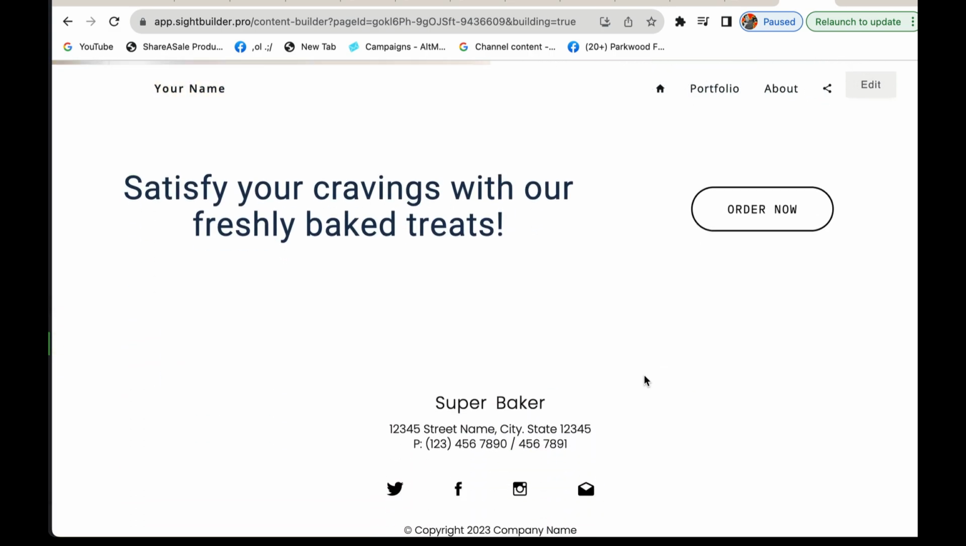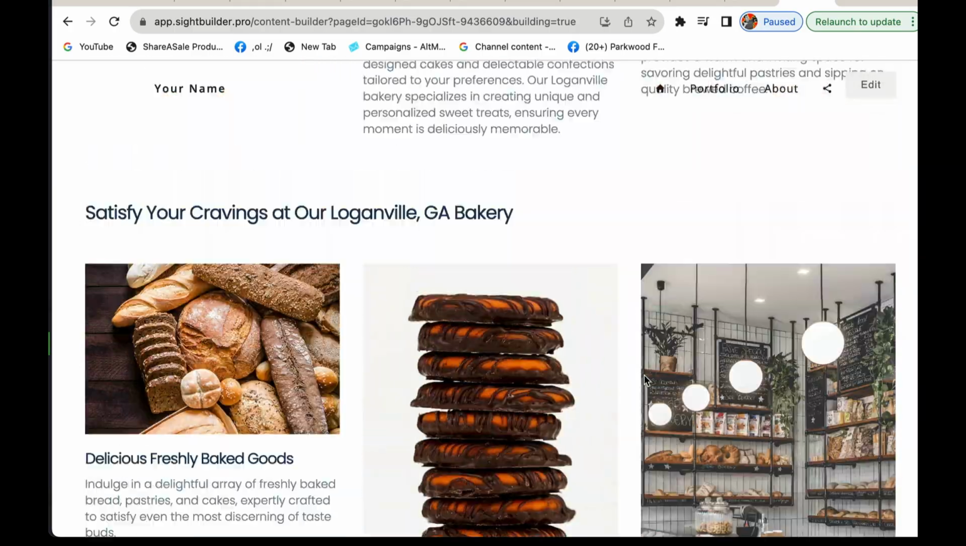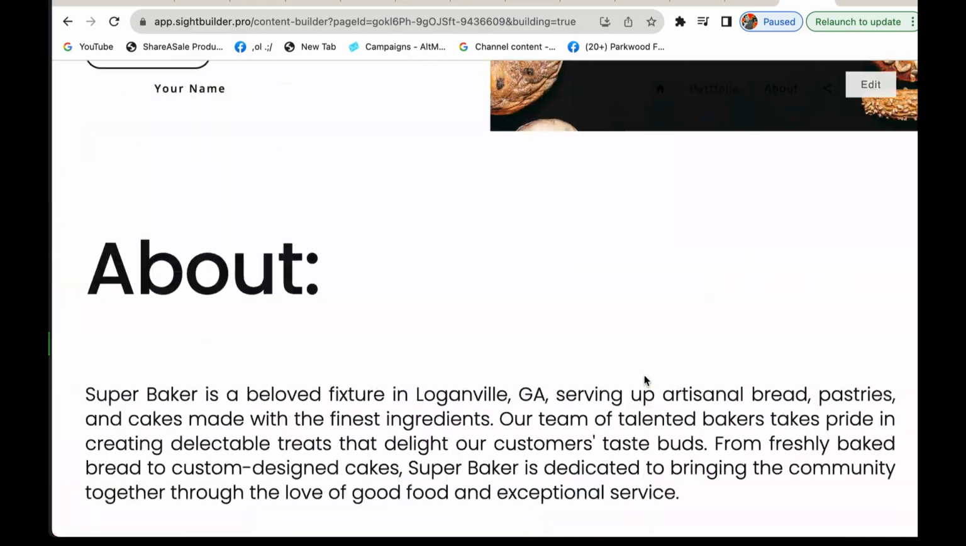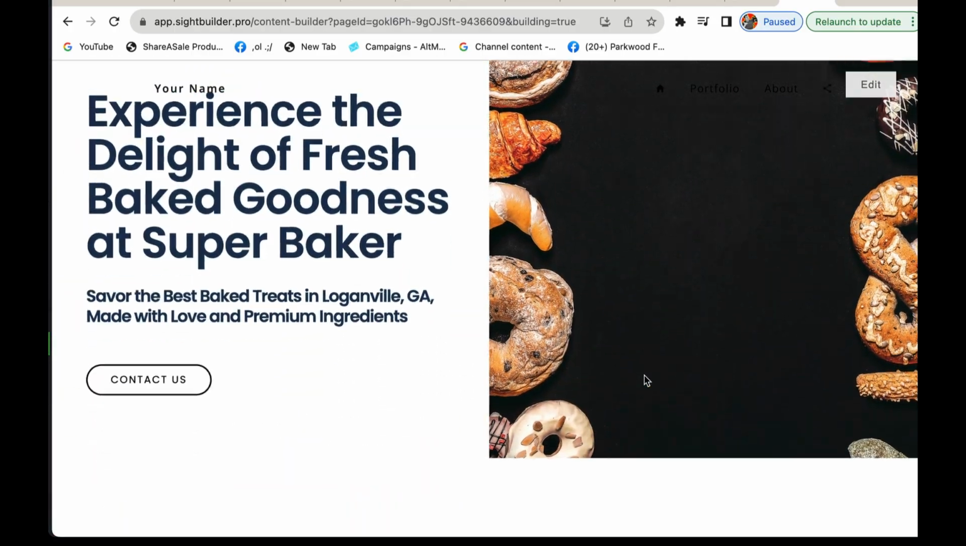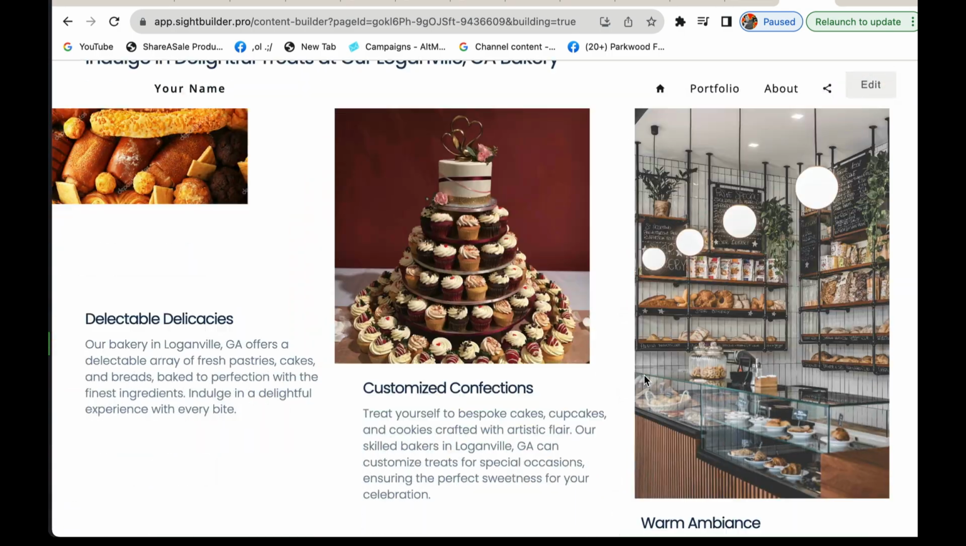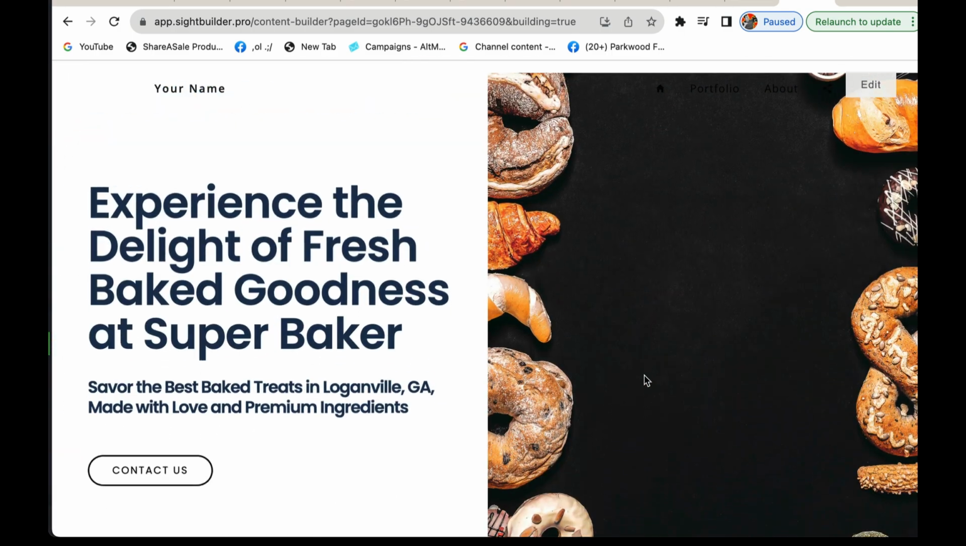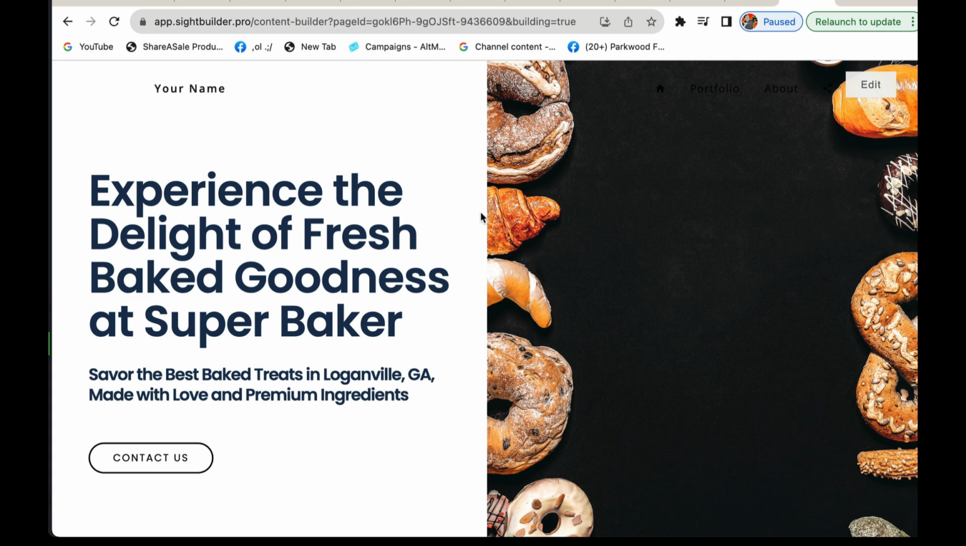And there you go, Super Baker. It is done making our site, and you can see it's got animation in there and all sorts of fun things. So just a modern looking site. Now, of course, this is just what the AI came up with by itself. So now what we can do is we hit edit,